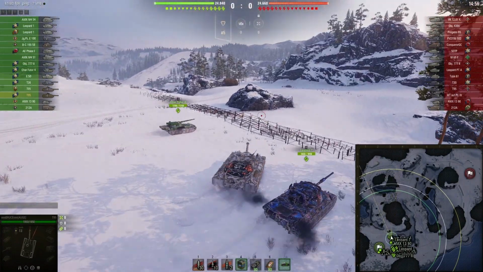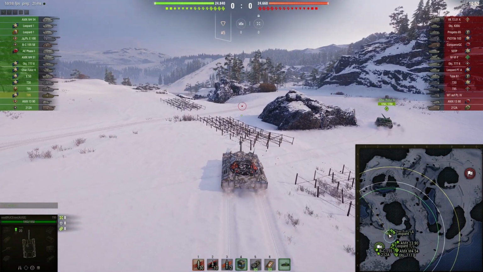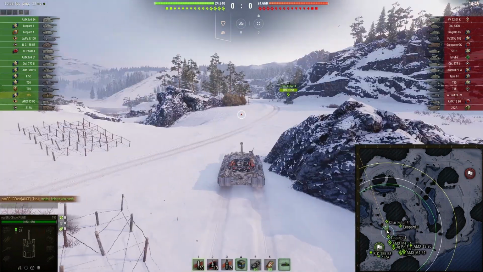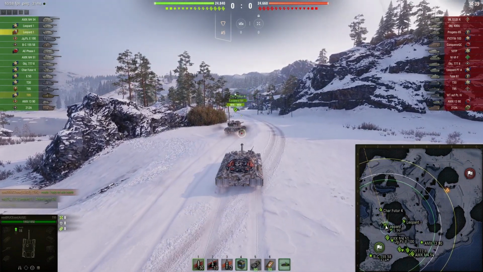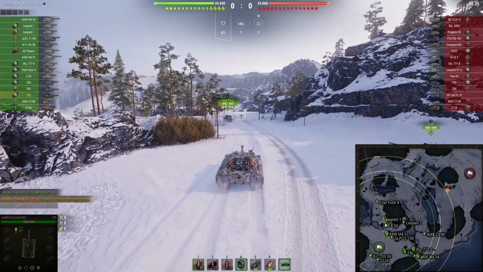So you see me not moving towards the typical heavy flank, and there's a couple of reasons for it. I mean, this video is all about unconventional gameplay, right? So why do I not proceed to the heavy flank and brawl with my heavy tank? Because after all, this is what you should always do in a T95. Well, obviously,